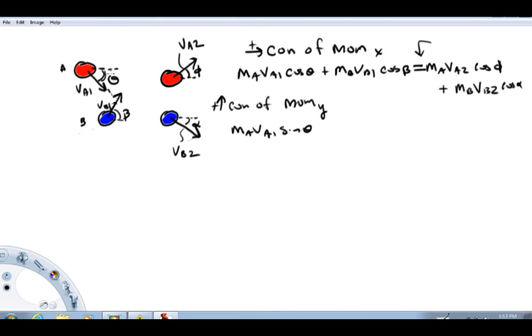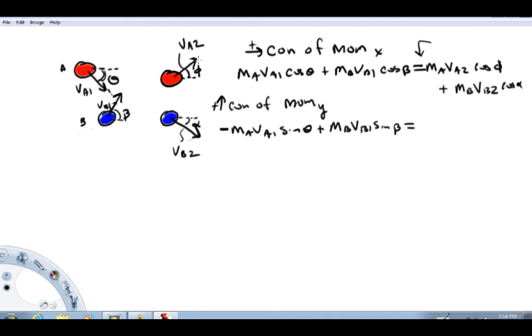Looking at my picture, the velocity vector has an x component to the right and a y component that's down. Because I'm dealing with y components and it's down, that momentum is going to be negative. Plus this guy's momentum in the y direction, MBVB1 sine beta,